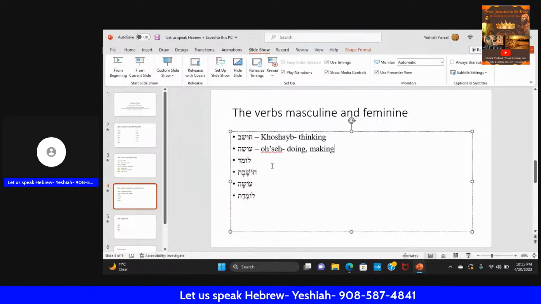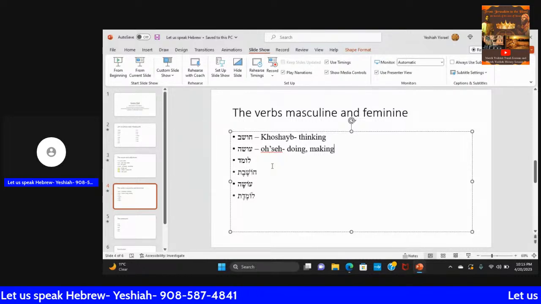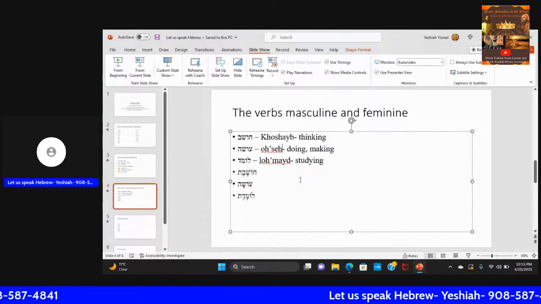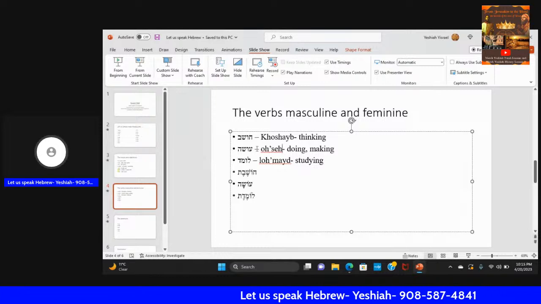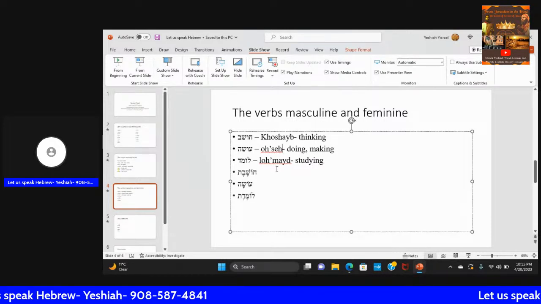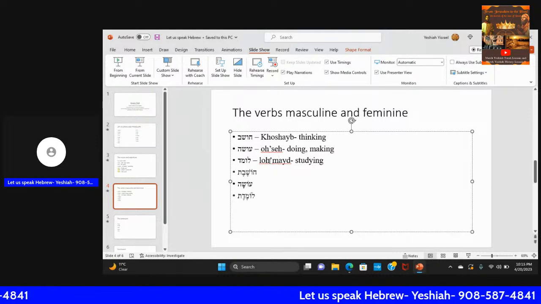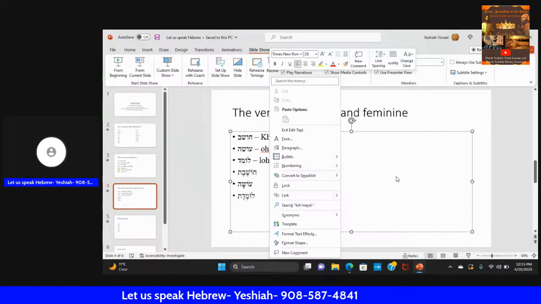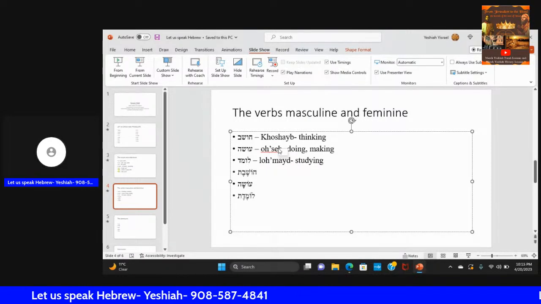Now, brothers and sisters, in many of these cases, you have it to where OA or OA is the masculine plural in its present tense. So that's something we want to point out for reasonable purposes.